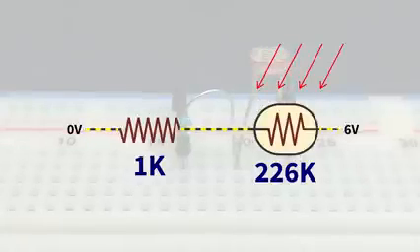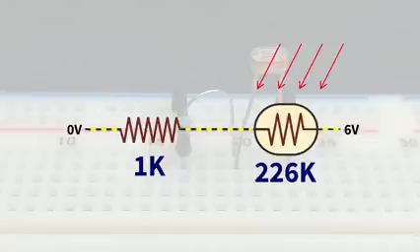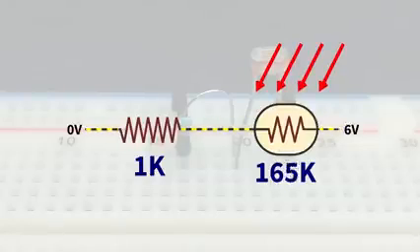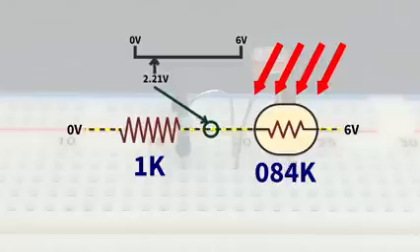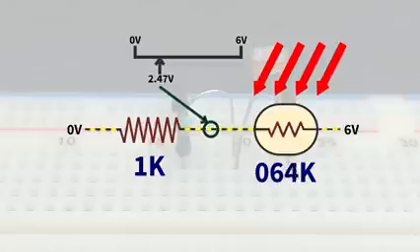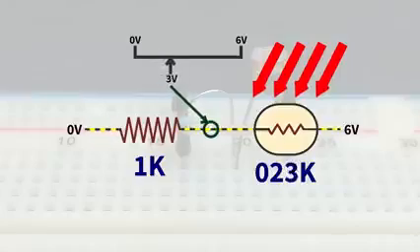Right now, same amount of current flows through the LDR and resistor because both of them are in series. When the brightness of light increases, the resistance of LDR reduces, and when the resistance of LDR reduces, there will be lesser voltage drop or difference from this point towards the positive side. So the voltage at this point increases. We can now use this increase in voltage with respect to brightness to turn on LED or any other load